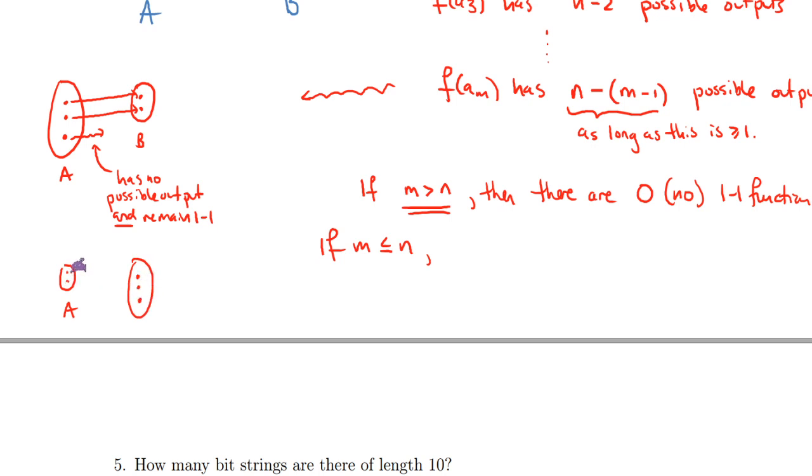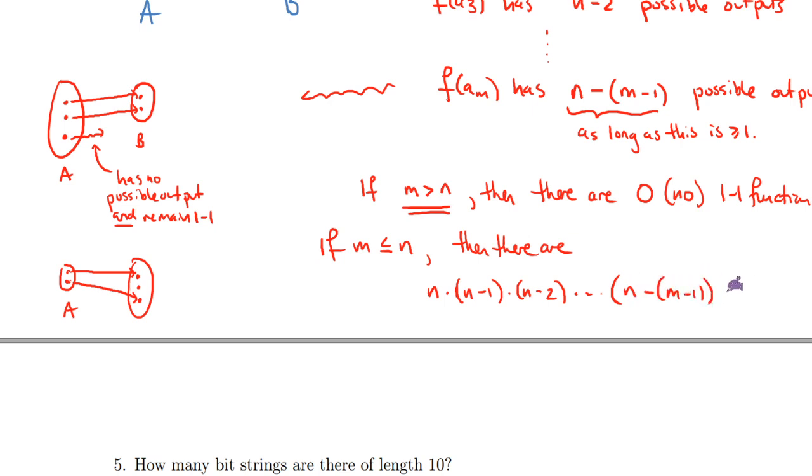Okay, so let's say I have 2 things in A and 3 things in B. So for this first one, I could pick one of these 3 choices, and for the second element, I could pick one of the remaining 2 choices. Then it would be n times n minus 1 times n minus 2 times dot dot dot all the way to n minus (m minus 1) total